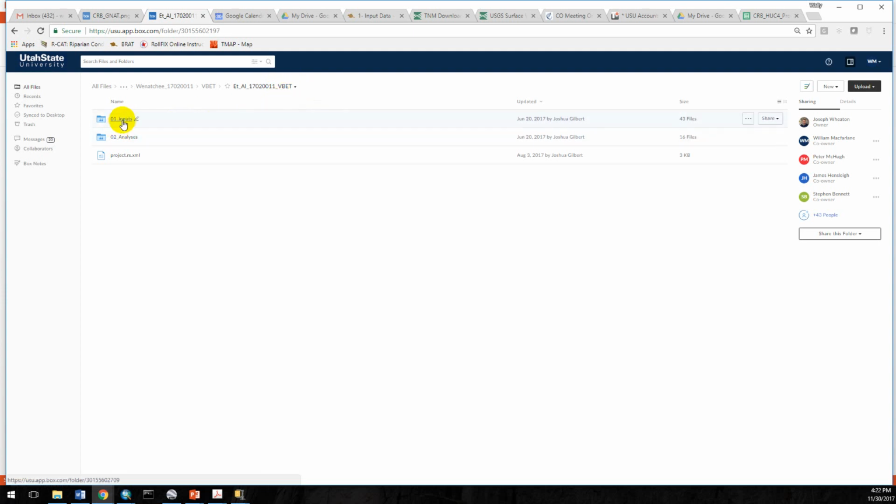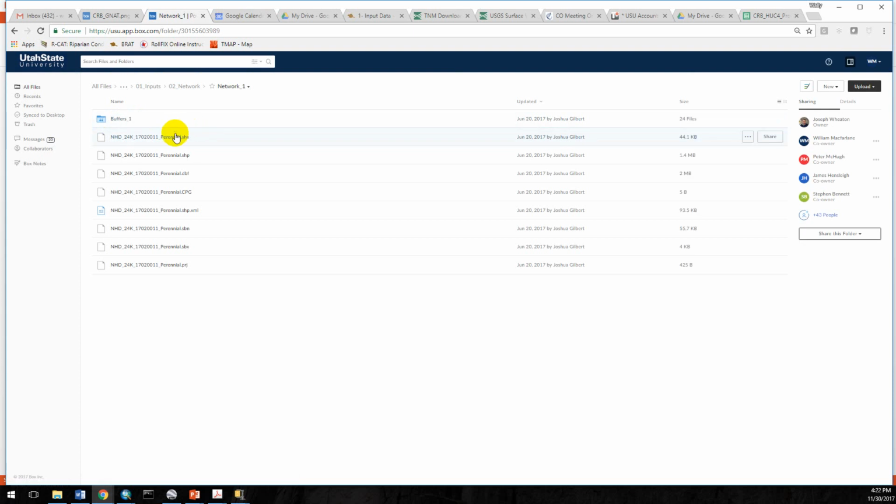So the input data you'll want is in here. So your network is here and the topo is here. And so what I suggest is just using these inputs that are in here. You could copy this data, so you could actually just copy these folders over if you want to. So this is the perennial network. So you'll want to create